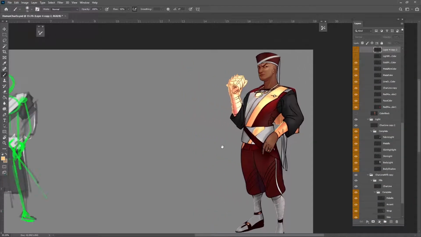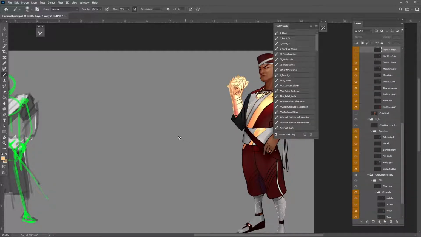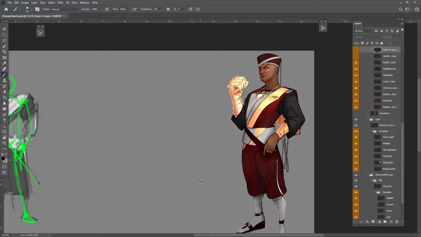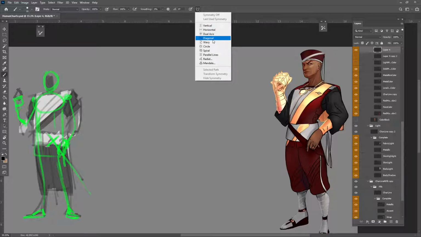Now, maybe you don't want to do a spotted pattern, or maybe you want to do something that's a little bit more complex. I won't go into great detail on that here, but I can show you a neat little trick that you can maybe use if you're doing something a little fancier, like filigree or flower swirly designs, something like that. Okay, so I'm just going to do a new layer. I'm going to grab a brush, and then I'm going to go up to this butterfly, which is my Symmetry tool. I'm going to click it, and let's say I want to do,